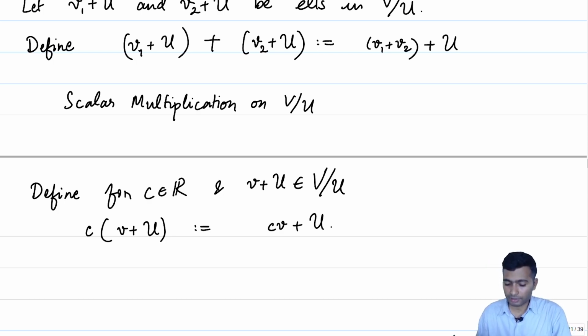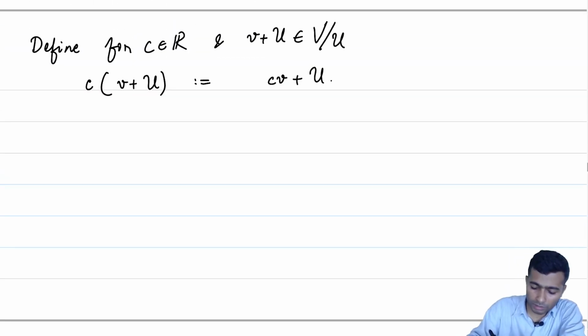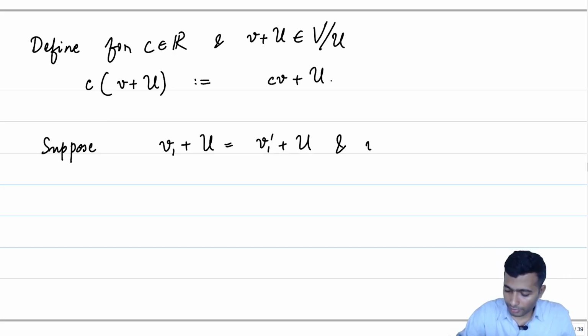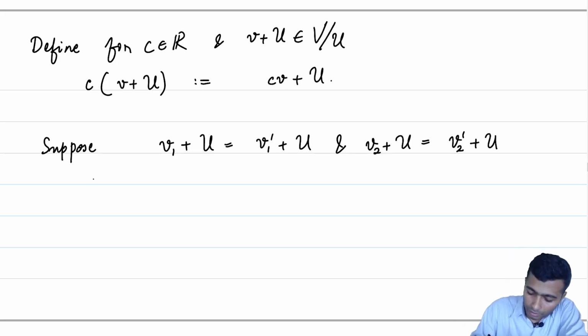Again, the same problem arises. The choice of v is a problem here. So let us first get that out of our concern. Suppose V1 plus U is equal to V1 prime plus U, and V2 plus U is equal to V2 prime plus U. So in other words, V1 and V1 prime give us the same affine subset, and V2 and V2 prime give the same affine subset. Then we could define addition in two different ways. Then